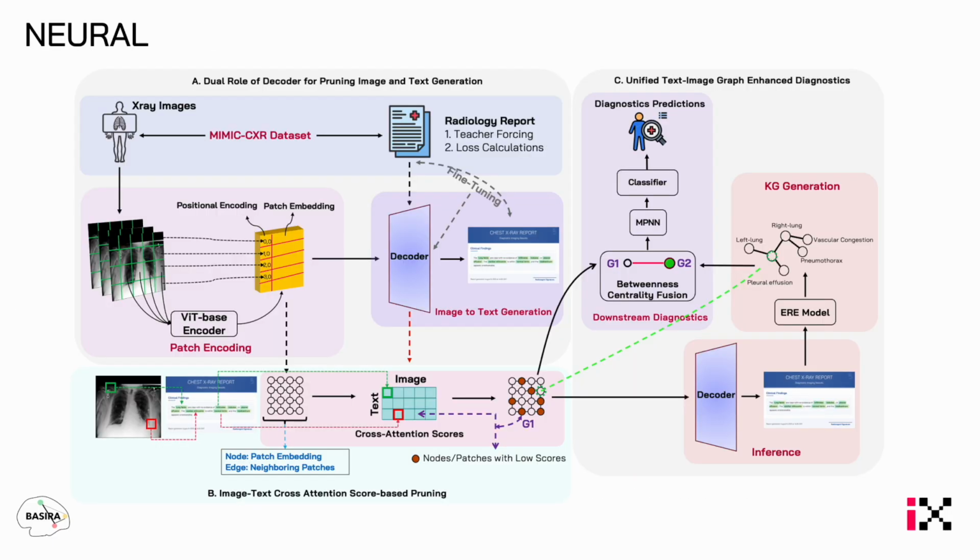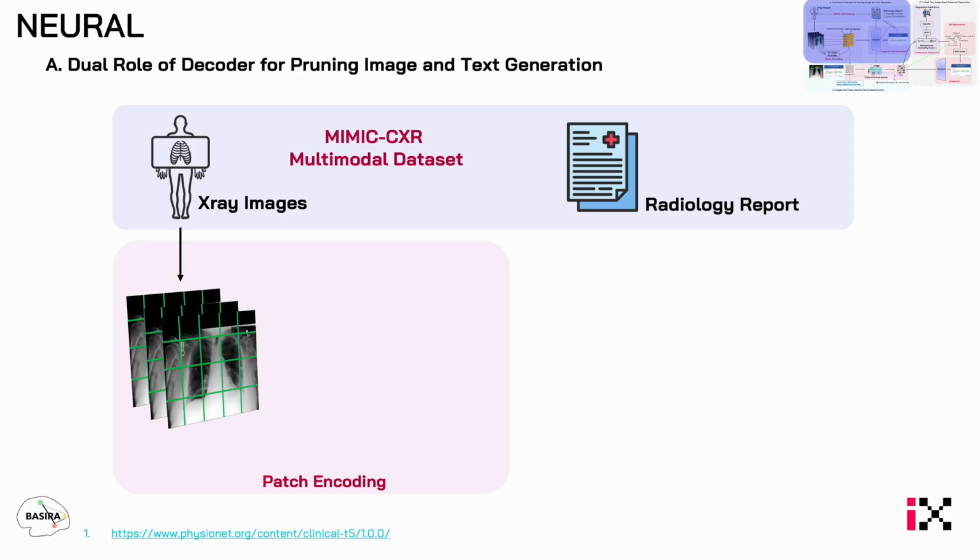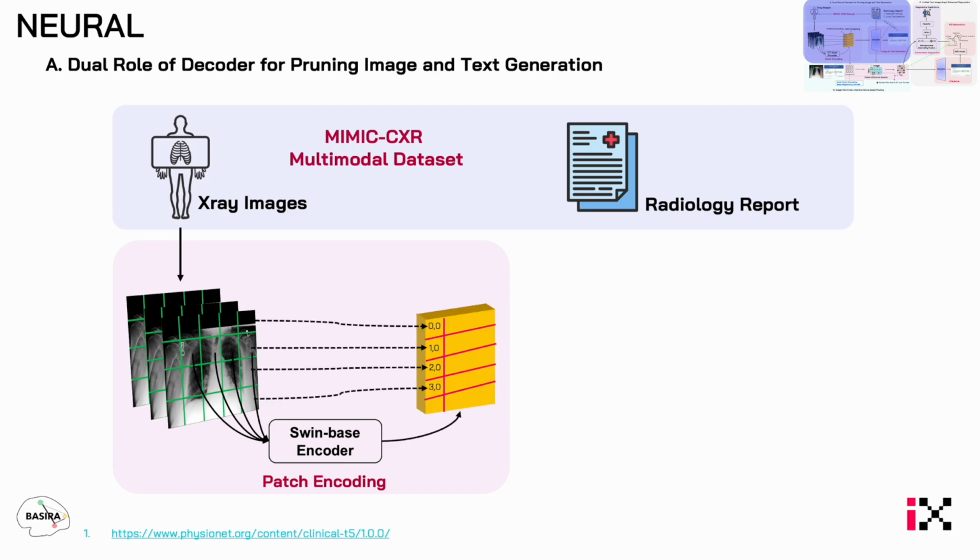Our framework comprises 3 steps and we will go through each one of them one by one. The first step of our framework is the dual role of the decoder for pruning image and text generation. First, we take the X-ray image and pass it through the SWIN-based encoder. This converts the image into a set of compact numerical representations, or patch embeddings. We also add the positional encoding to each and every patch so that our model is aware of the global